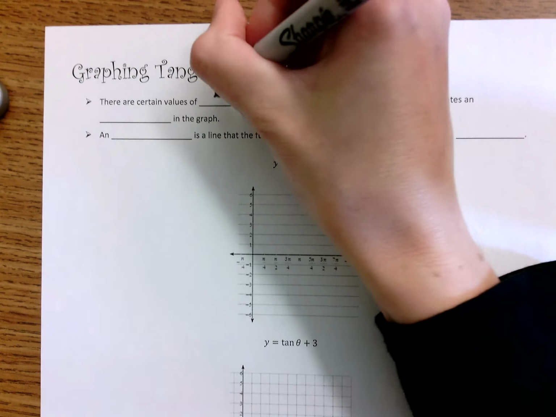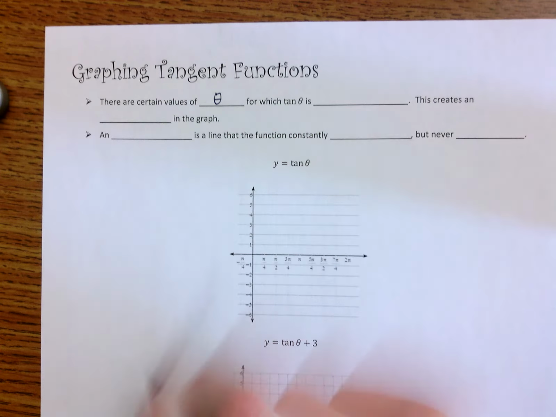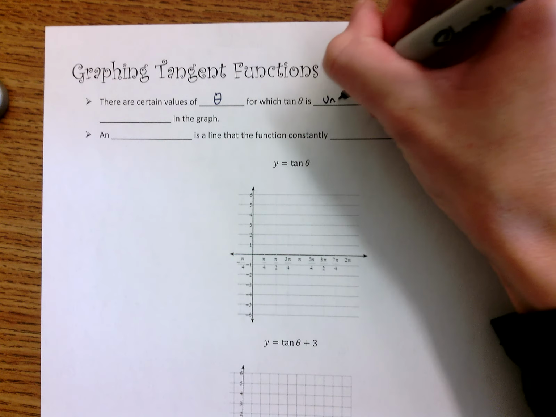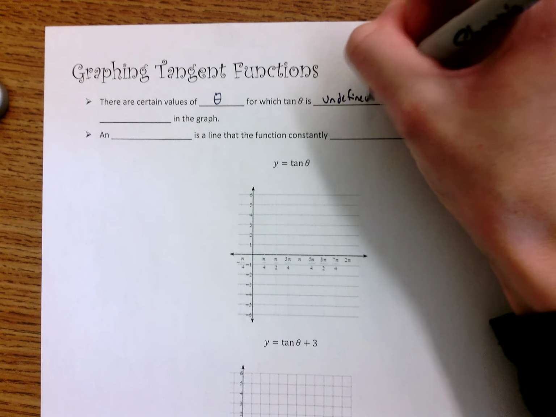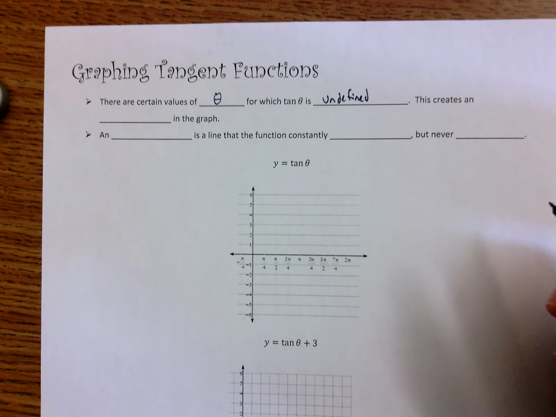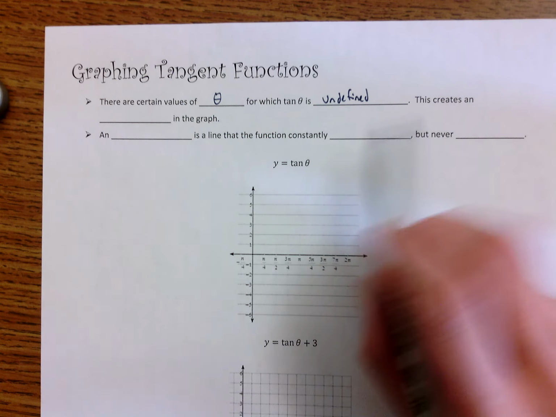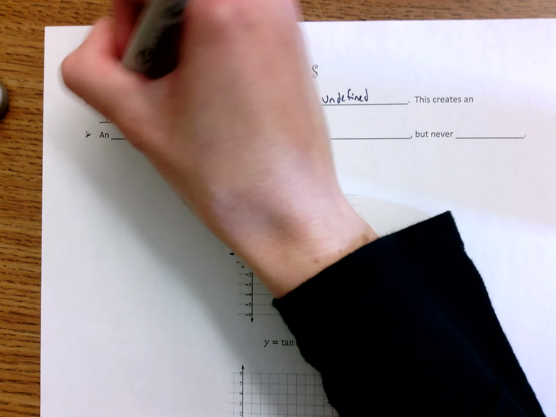certain values of your angle theta for which the tangent of that angle is undefined. Remember we talked about how tangent is sine divided by cosine? Well, anytime that you have a cosine value of 0, you're going to run into a problem, because if the cosine is 0, you can't divide by 0. That means your tangent is going to be undefined. And whenever that happens, that's going to create something called an asymptote